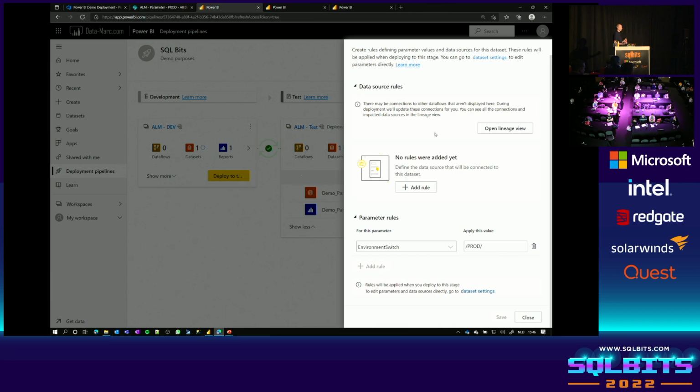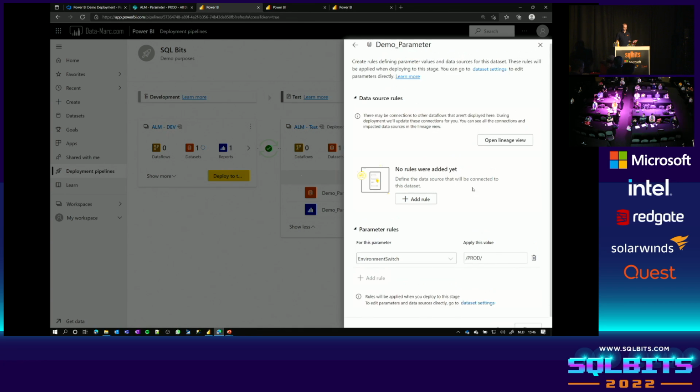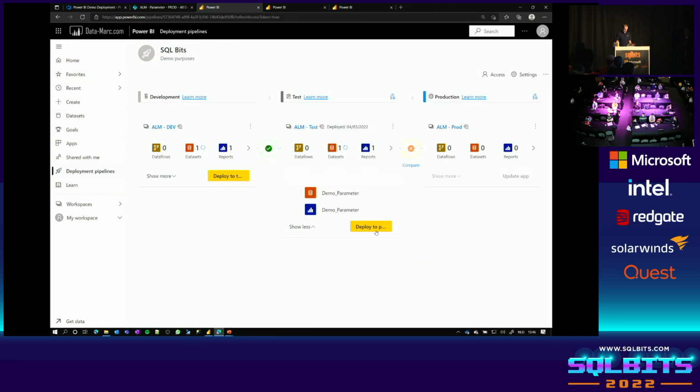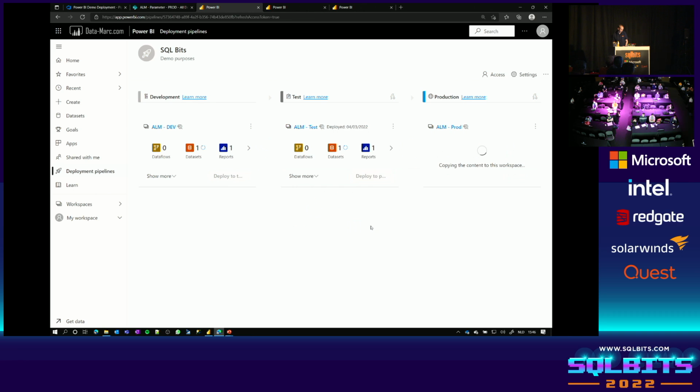So if I have a connection string for my development database, I can easily change that automatically to the connection string for my test database and to my production database. These rules will be applied as soon as you run the deployment, so you don't have to change this anymore manually. Let's just see how easy it is to run a deployment now,